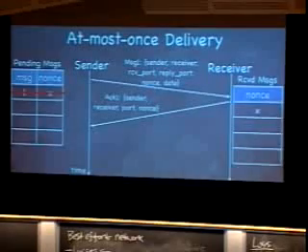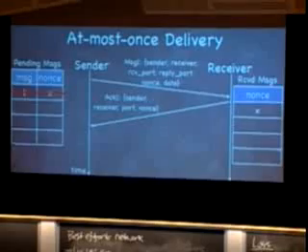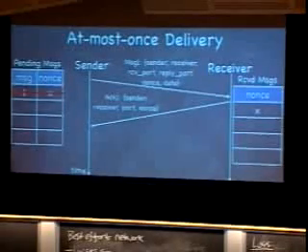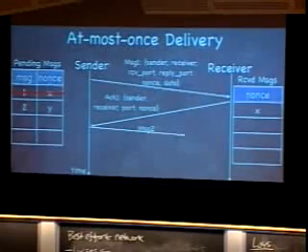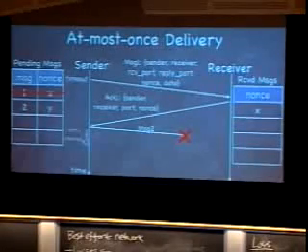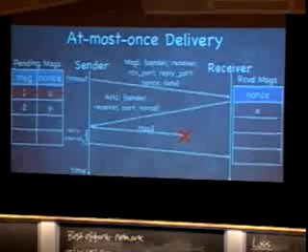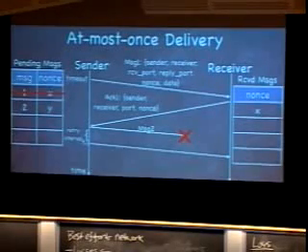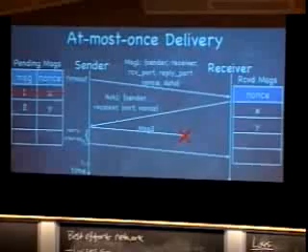We've already sent message 1, it's been successfully acknowledged, and you notice that we have this table of received nonces at the receiver, in which we have received the message with nonce X. Now the sender decides to send message 2 with nonce Y. It sends it out, the message doesn't arrive, we time out, we retry, and this time the message is successfully received. So we add the nonce for this message into the table on the receiver,